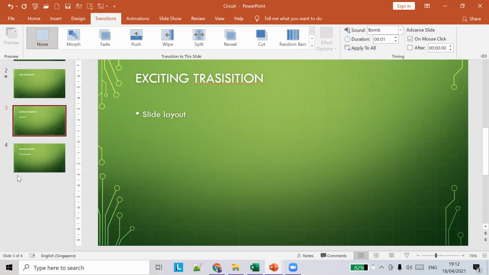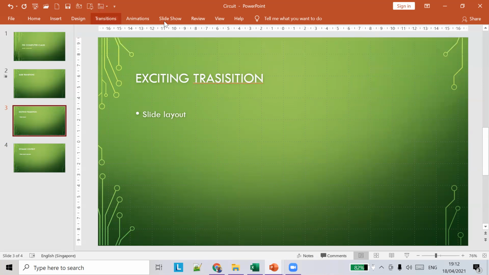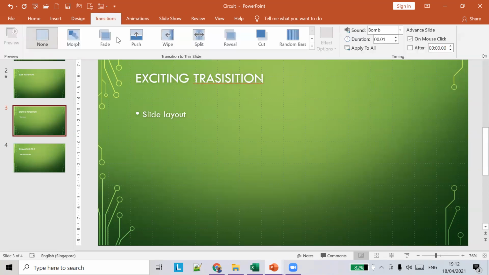And if you want to remove the transition for every slide, you can do it from the transitions, click none, and if you choose apply to all, it's going to apply the none transition to all the slides. You can see the second already has a transition, but you have chosen the third slide.